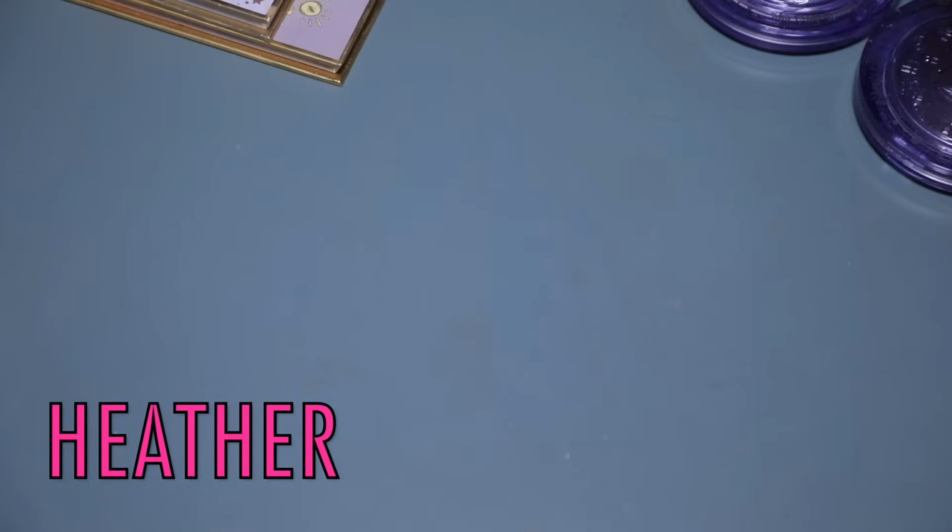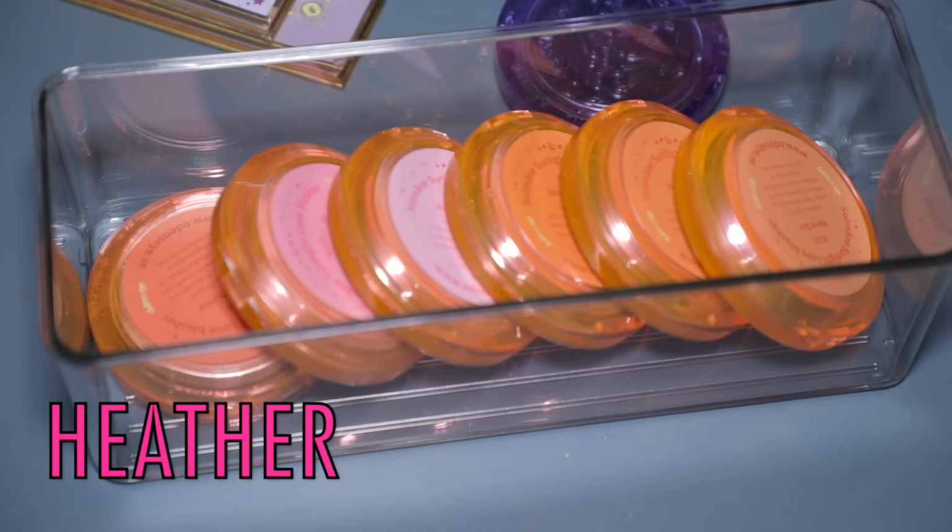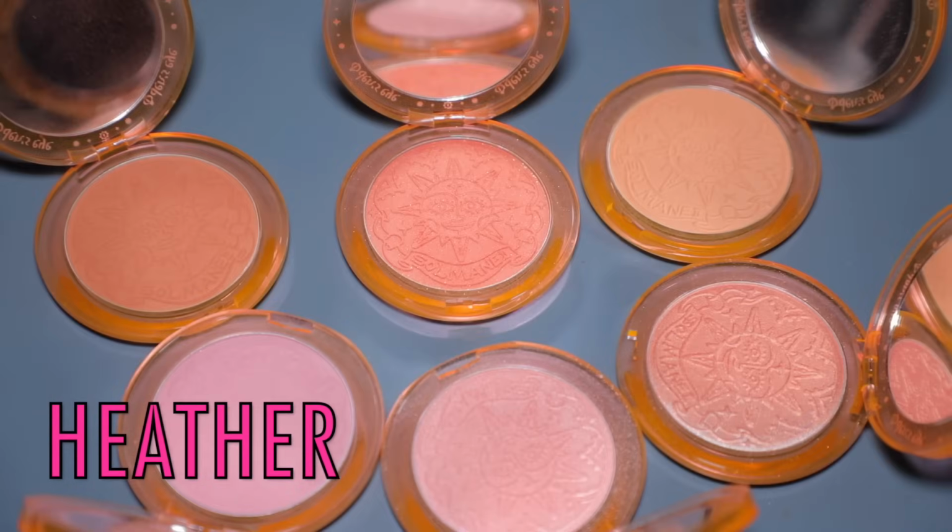Let me grab the blushes though, because I have the blushes right here. Okay, here are my Oden's Eye blushes. I love these. I think Oden's Eye did a great job with these. So 3 of these are their glowy blush formula, some more glowy than others, and 3 of these are matte. I am really curious if they're going to come out with more shades. I definitely think that they should. I kind of expected that to happen